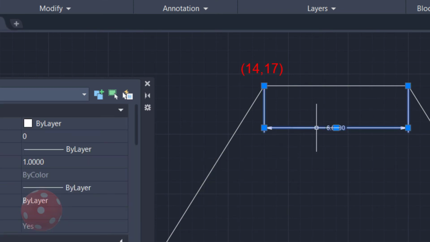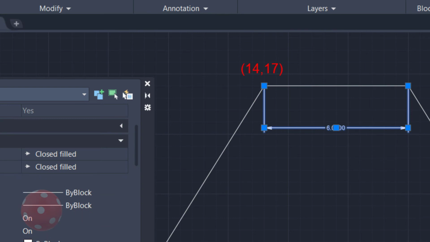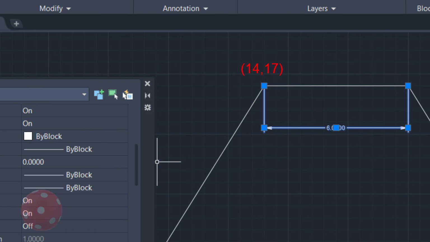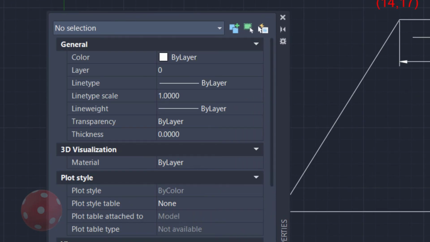So everything is possible from here. What will be the color of the dimension? Dimension line color. Dimension line 1 should be on or off. It means there are 2 dimension lines also. There is the first and this is the second. You can turn one off if you require. Extension line: how will be the distance of the extension line? Everything you can control from here. So everything can be controlled using this properties button.